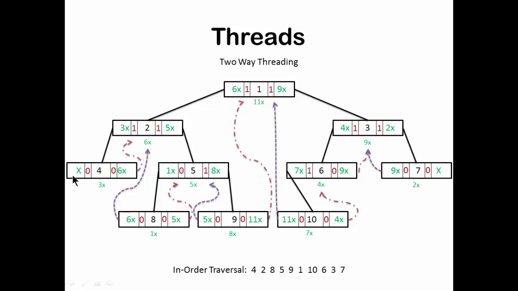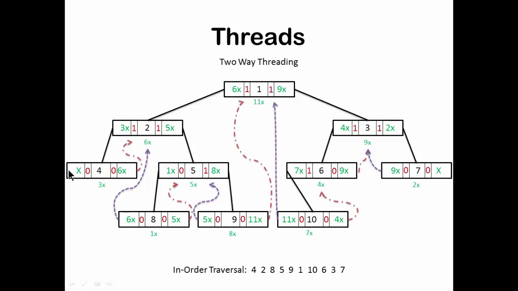Still, you will see that the values towards the extreme left and the extreme right still have a null pointer because they do not have a node to point to. The right pointer on the rightmost side will be pointing to a successor, but there is no value after 7, so it has to be a null value. And left addresses are pointing to the predecessor, and there is no predecessor of 4, therefore null values.